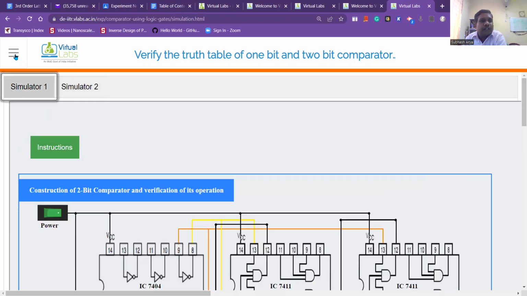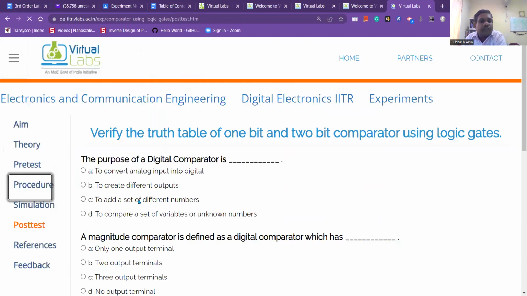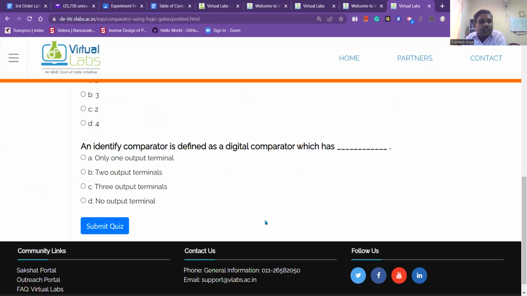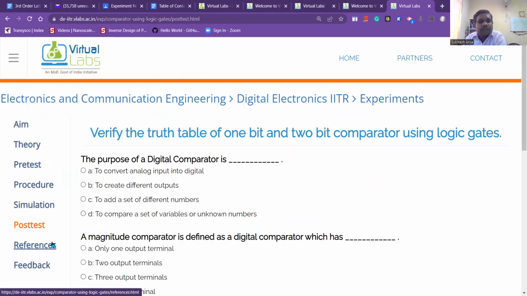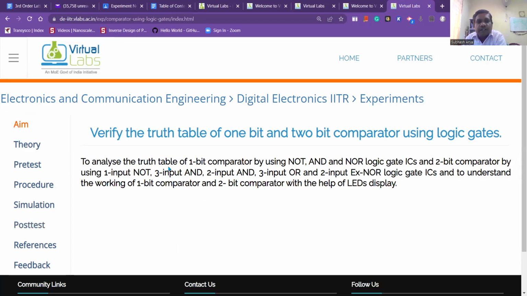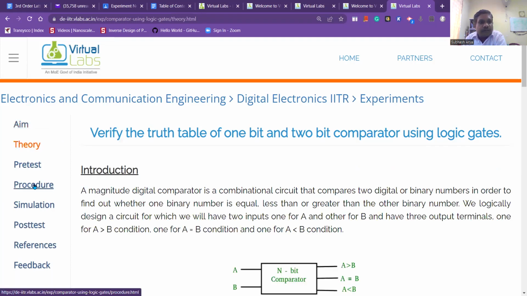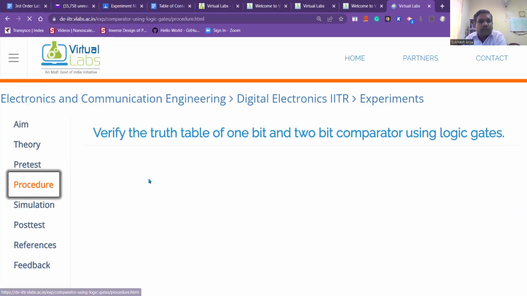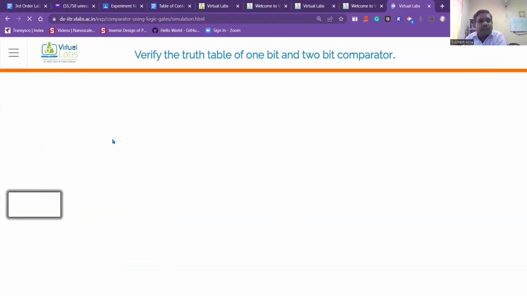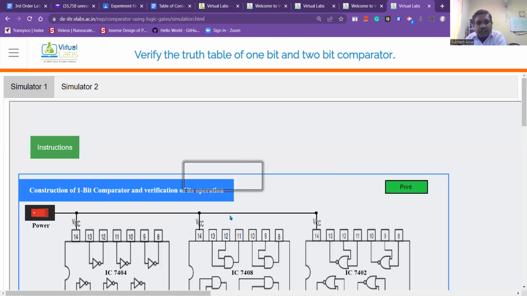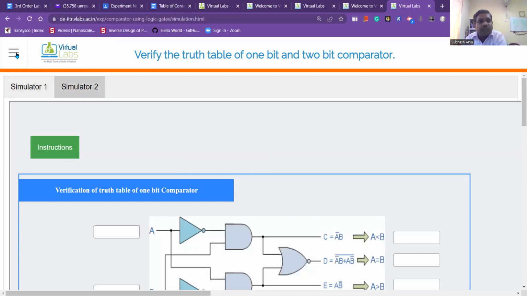After that, let us check what next is there. Post test. I think the same things are given here. We have already done it. So this is how we are able to complete the 1-bit and 2-bit magnitude comparator in your syllabus. Exactly the 2-bit magnitude comparator is there. More importantly, you have to complete this 2-bit magnitude comparator. So simulation one, the 1-bit magnitude comparator, is for your basic understanding, and the 2-bit one is